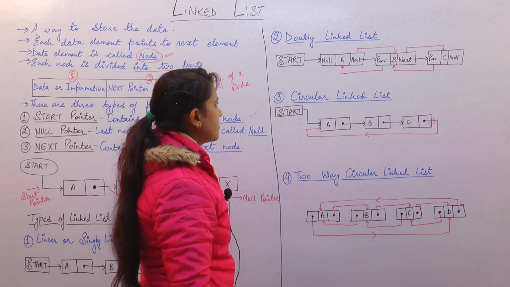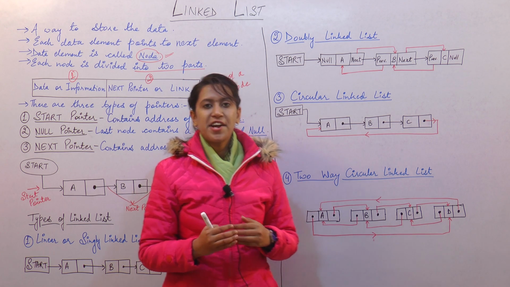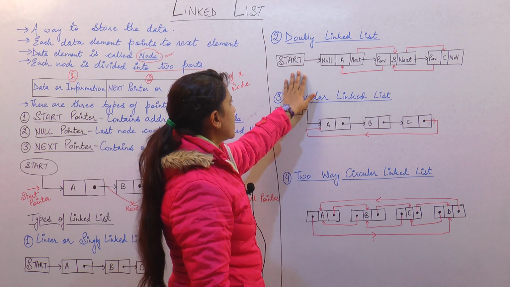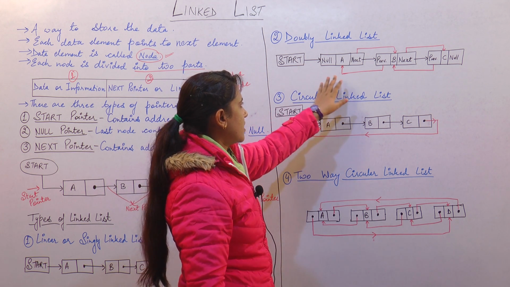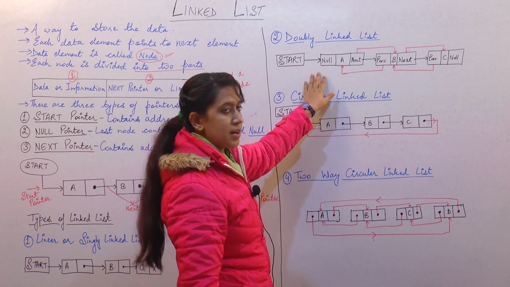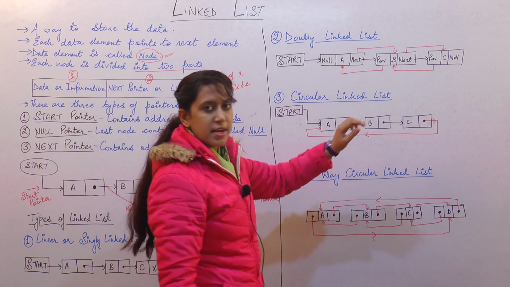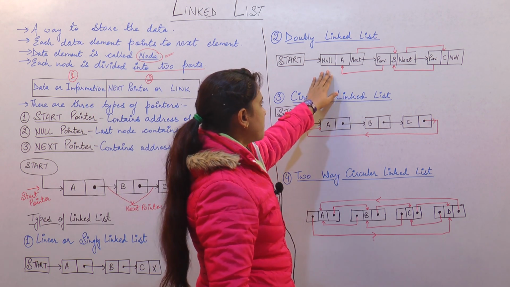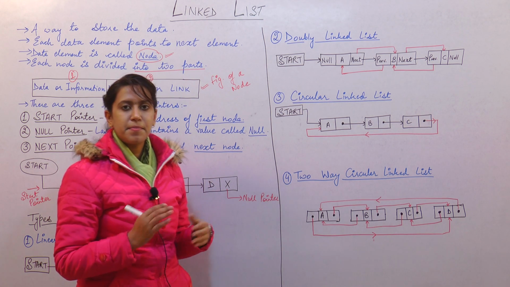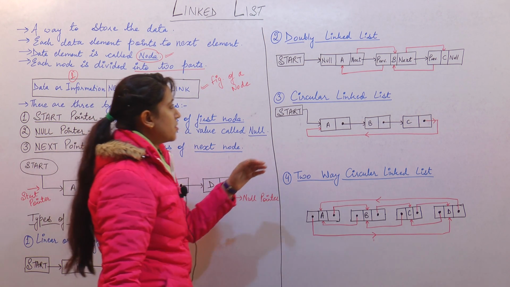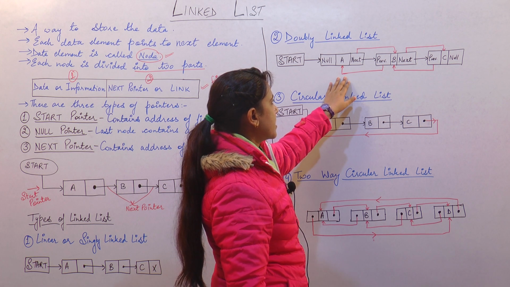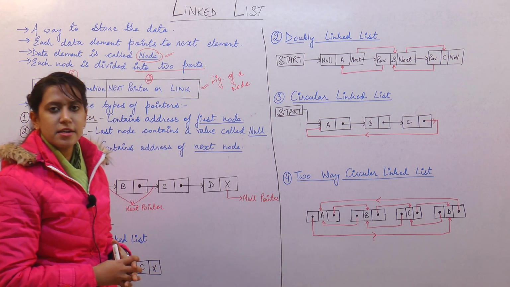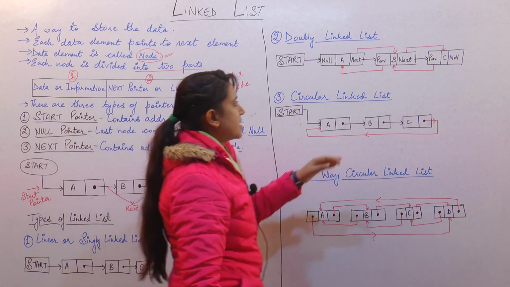In doubly linked list, we are having two pointer fields in a node. Two pointer field means, in this example we are having a linked list starting with the start pointer. Now the first node of the linked list is containing three fields. These three fields will be, first field will be given for the previous node, then middle field will contain the data element, and the third field will contain the next pointer that will point towards the next node present in the linked list.